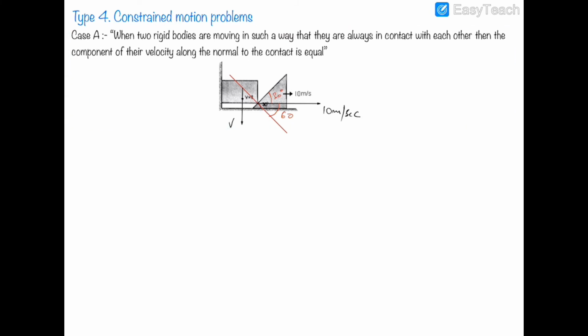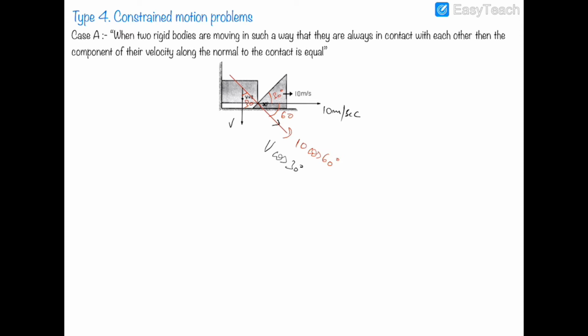Yeah, so this angle will be 30 degree. Okay, so the components of these two velocities will be 10 cos 60 degree and the component of v will be v cos 30 degree. So the fact is that these components will be equal to each other, and it is